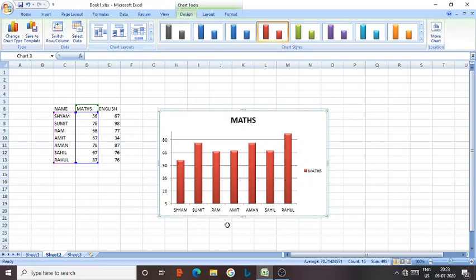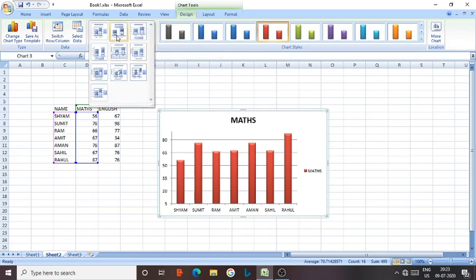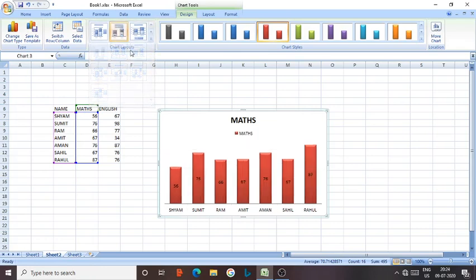Say for example, I want the numbers in the bars. So I have to select the chart layout, and from there I can see the labels appearing. I can select that, and I will get this type of numbers.